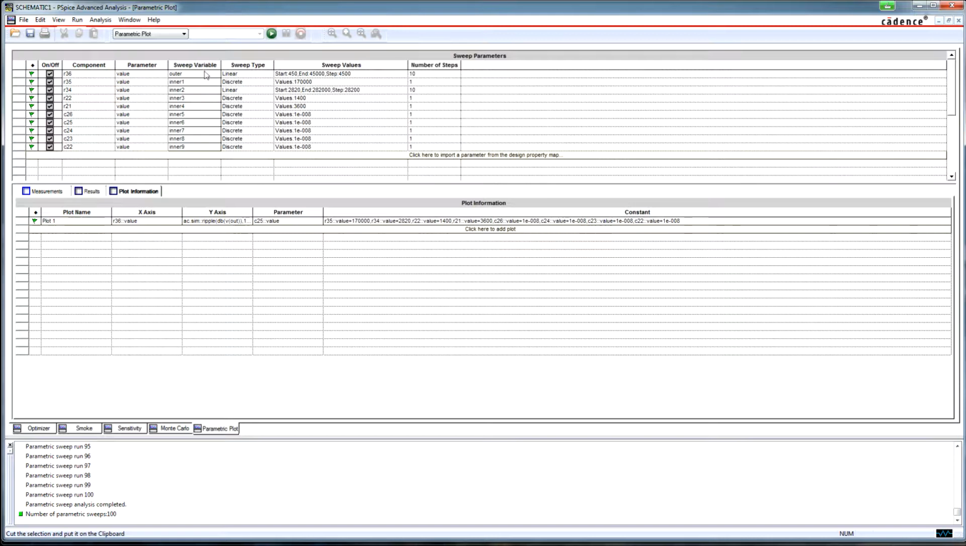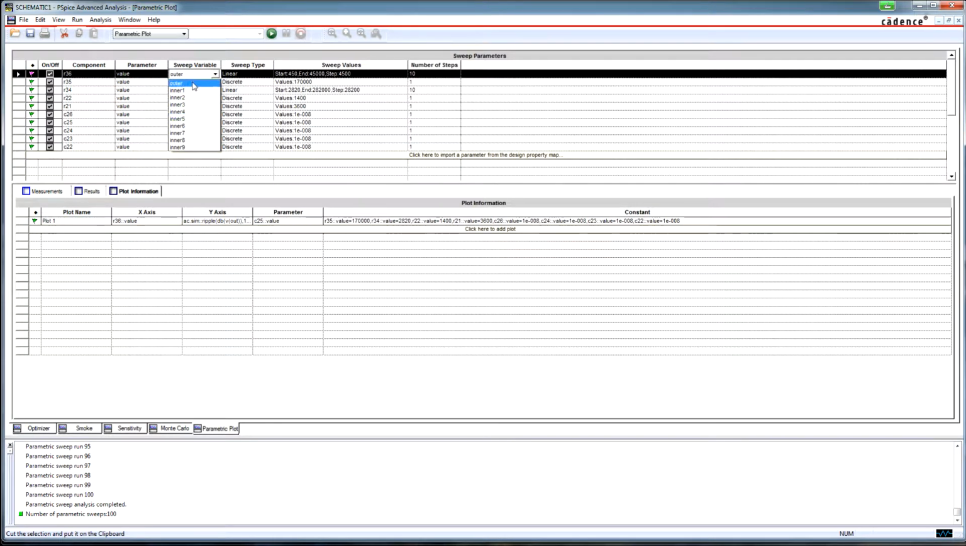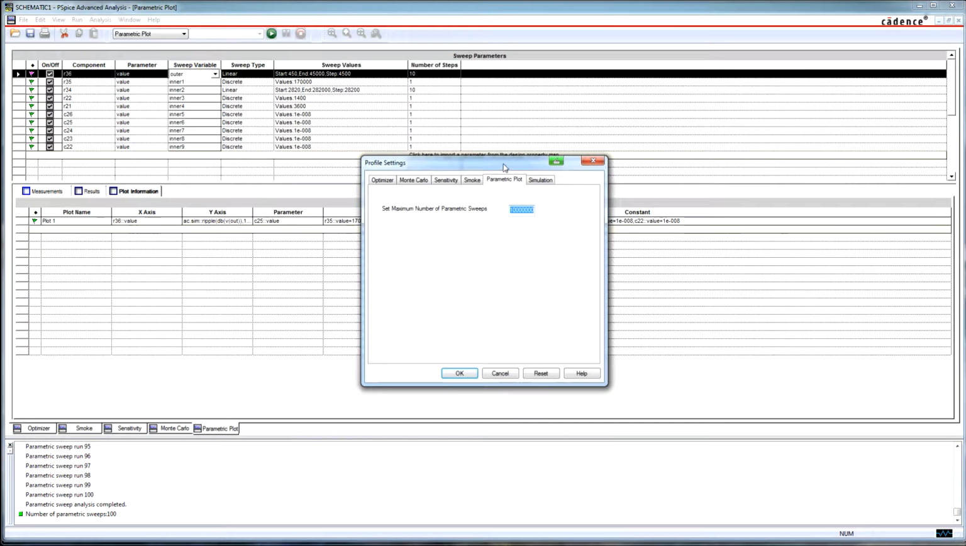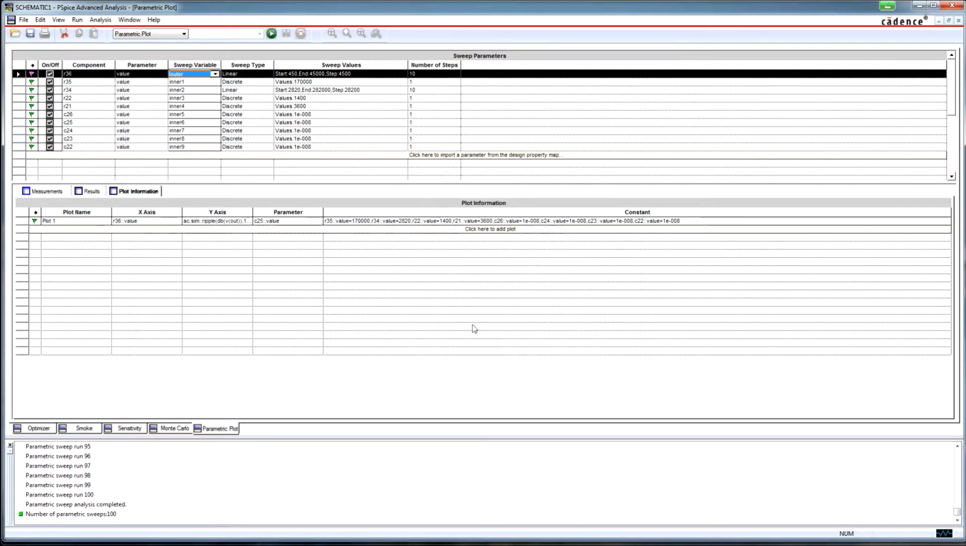I can see here sweep variable. I can select how I want, in which order I want to vary this. Okay. I get here the number of steps. If you get some error of limitation, you come here to edit profile settings in parametric plot. You can just include a bigger number of iterations. And then you have to